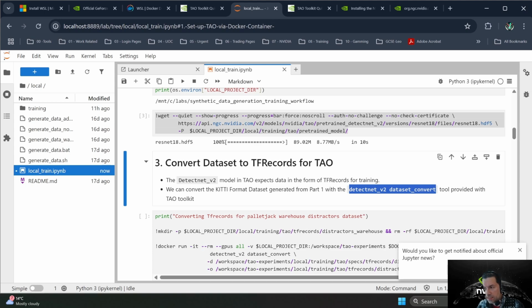So the use case is image classification and object detection,